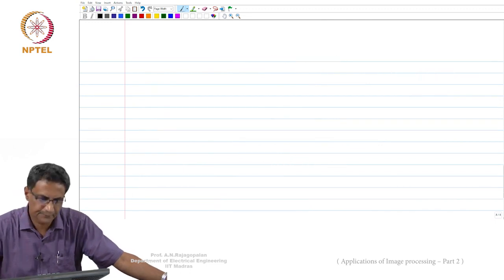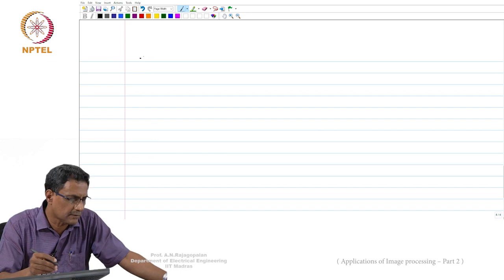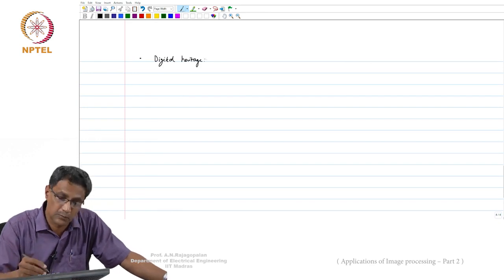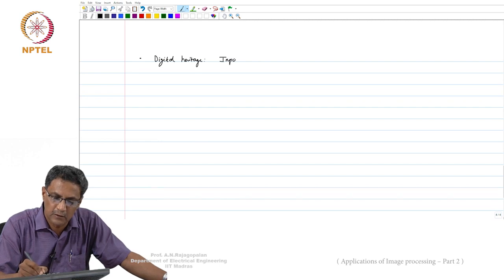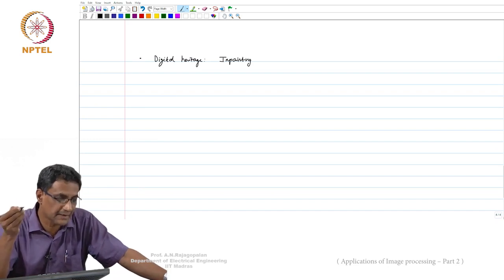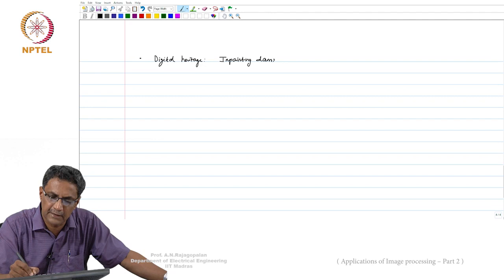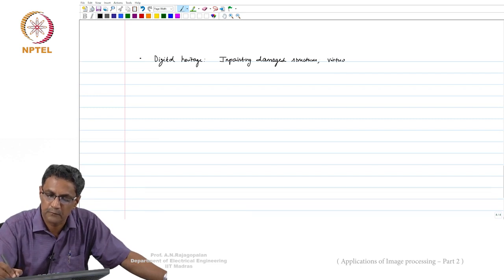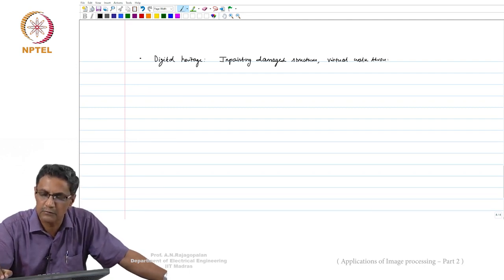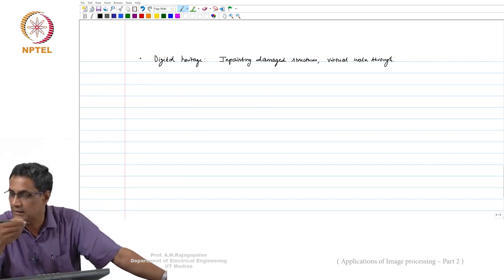Then going further, all these are applications where this is being used. Then there is digital heritage. This is again something interesting. What this means is, one of the things frequently done is you can give a virtual walkthrough of some of these heritage sites, or you can even do what is called in-painting damaged structures and so on. What is called an immersive experience, right? So you should be able to feel what it means to be in a place like that.